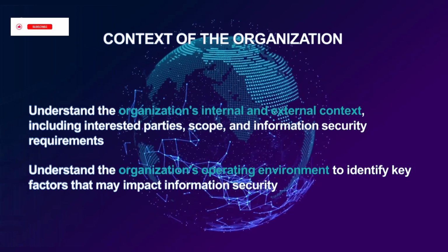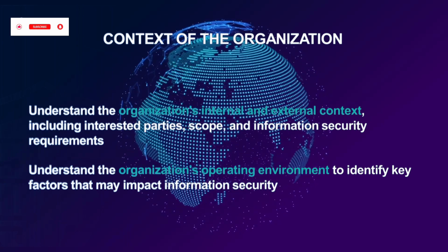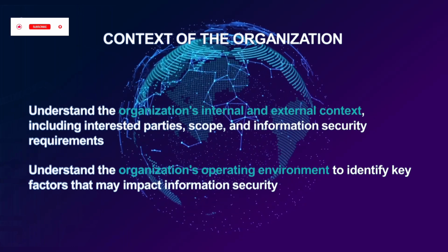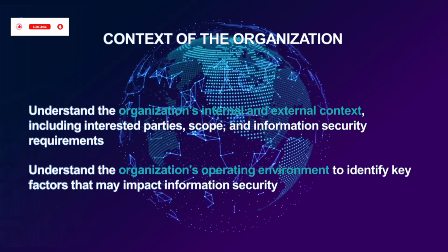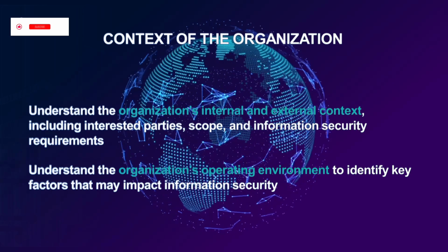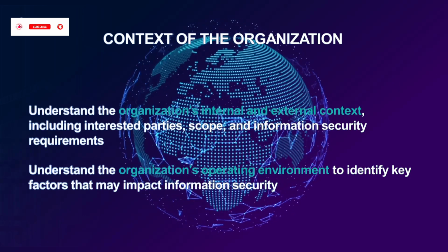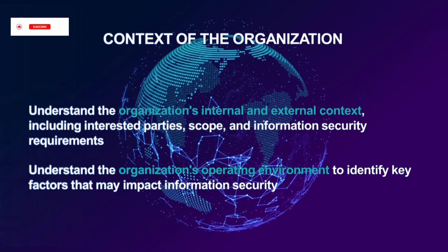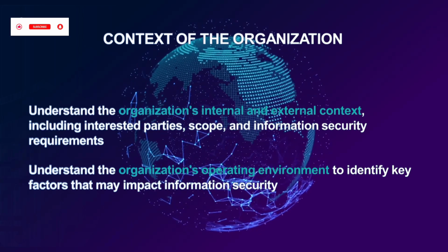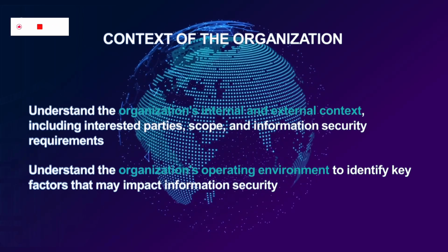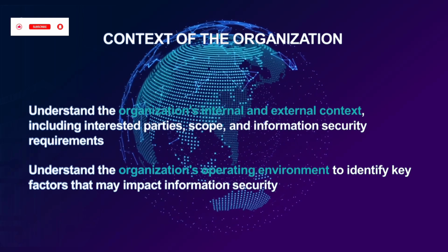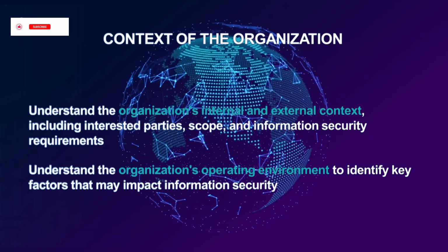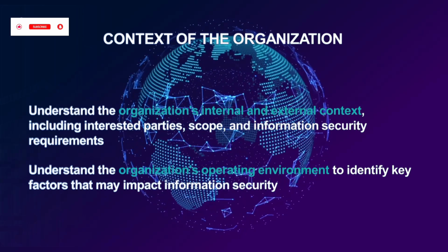So what we want to understand is basically the inventory of the system. What does that operating environment look like? That's going to help us identify the different assets that may or may not increase risk, may increase threat, may increase vulnerabilities, and so on and so forth. So that's the context. Think of this as scope and objective. That's the simple way to break it down. Scope and objective.